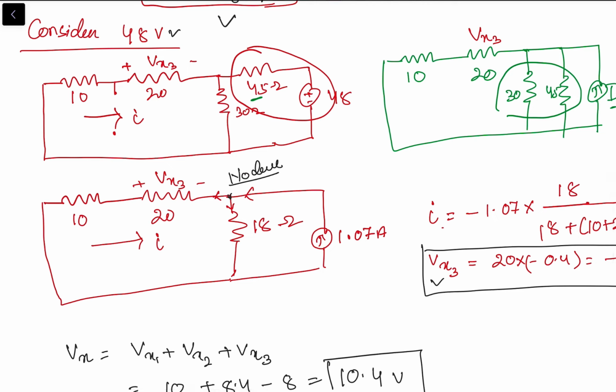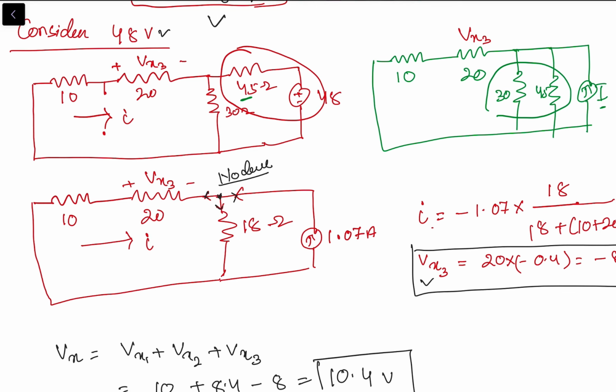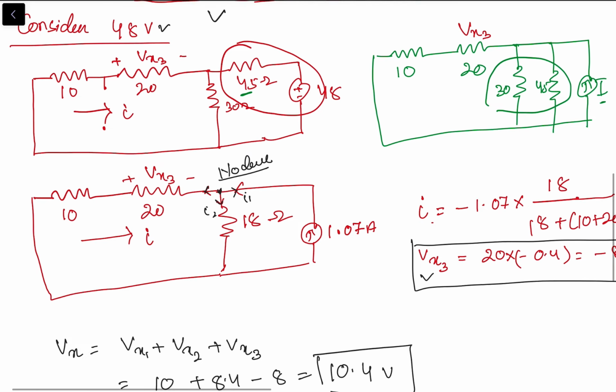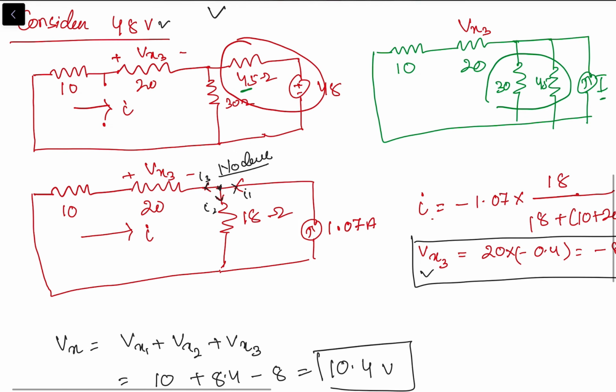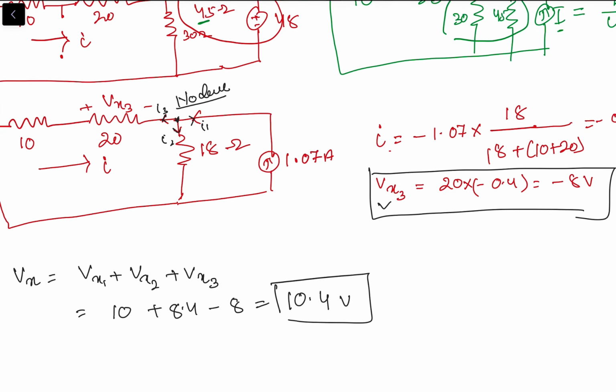Using nodal analysis also you can calculate. In nodal analysis, I consider all the currents in the outward direction. Let us think this is your I1, this is your I2, this is your I3. What I need to find is the value of I3 in this case. With nodal analysis, the total current I1 plus I2 plus I3 is equal to 0. Now what is the value of I1? I am considering I1 in this direction, but actually the current source is in the opposite direction, so directly I can write 1 minus 1.07.